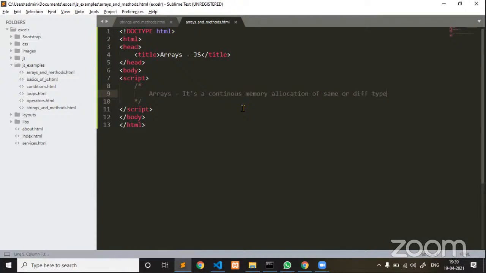Since JavaScript is a loosely typed language, you can allocate different types of data or the same type of data into arrays. Now how are we going to define it?